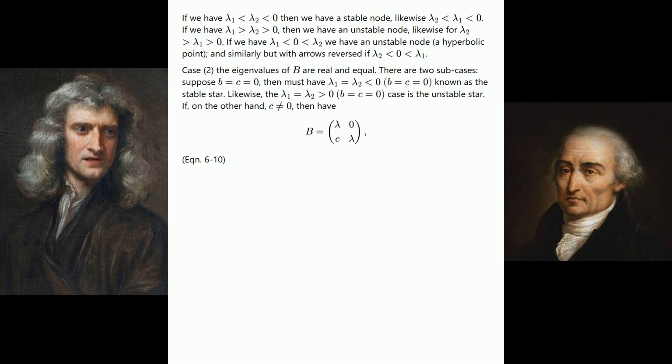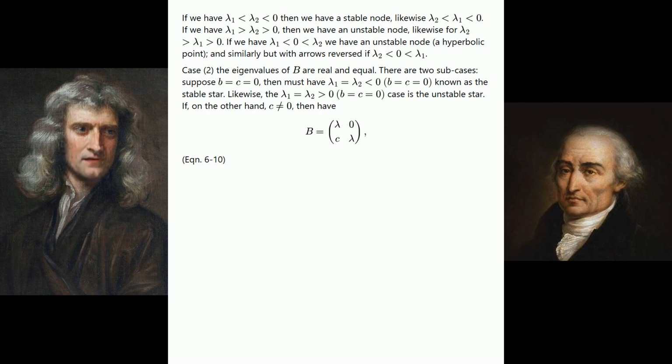If we have lambda sub 1 is less than 0 is less than lambda sub 2, we have an unstable node, a hyperbolic point. And similarly, but with arrows reversed, if lambda sub 2 is less than 0 is less than lambda sub 1. Case 2. The eigenvalues of B are real and equal. There are 2 subcases. Suppose B equals C equals 0, then we must have lambda sub 1 equals lambda sub 2 is less than 0, B equals C equals 0, known as the stable star. Likewise, the lambda sub 1 equals lambda sub 2 is greater than 0, B equals C equals 0, case is